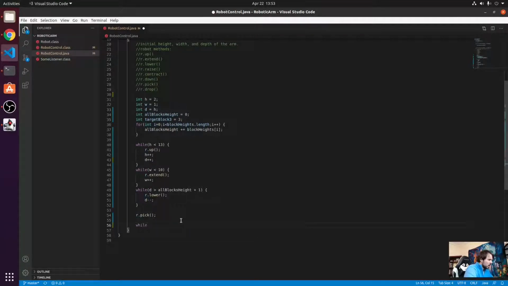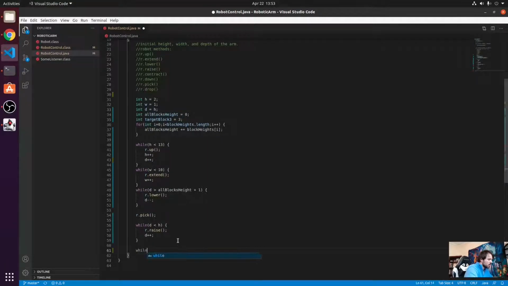So while D is less than height, because we want to lift it all the way to H as before, r.raise, and of course D is going to be incremented afterwards, and afterwards r.contract, because we're going to go all the way to position number 3 in order to drop the block. Let's go r.contract